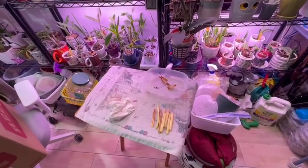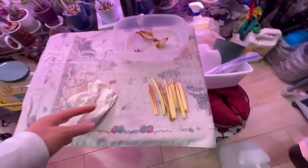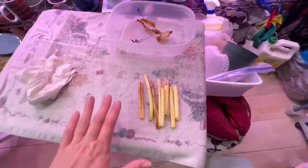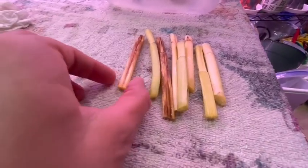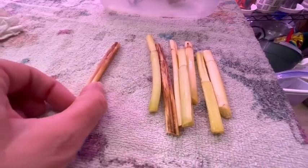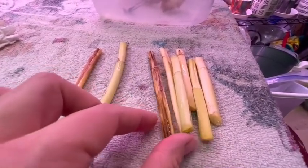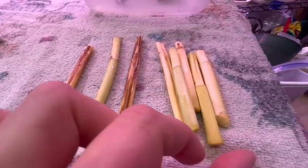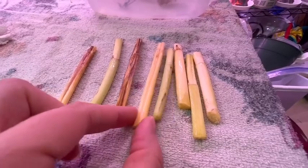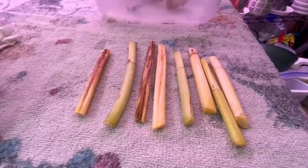So I've brought you into my grow room, and here are the cuttings. Now I'm a little concerned that I might have waited too long to do the cuttings. They're awfully, some portions brown and yellow, where it was all really pretty green as it was in bloom. So this might not be successful, but it'll be a fun project to try out to see if I can